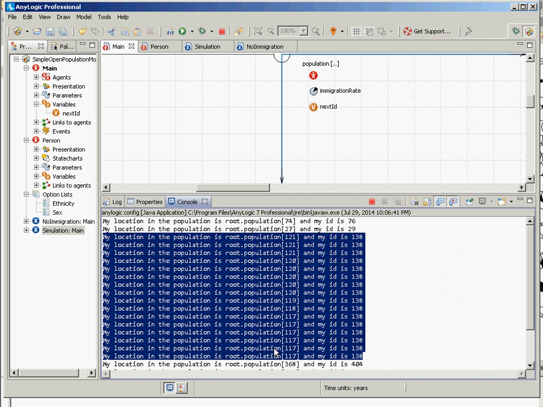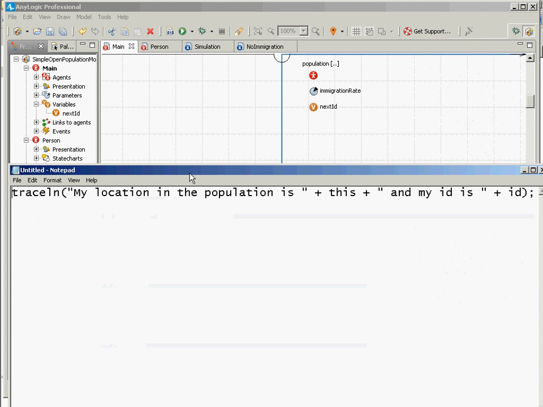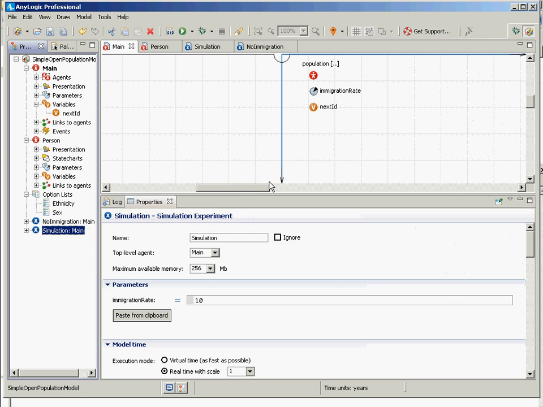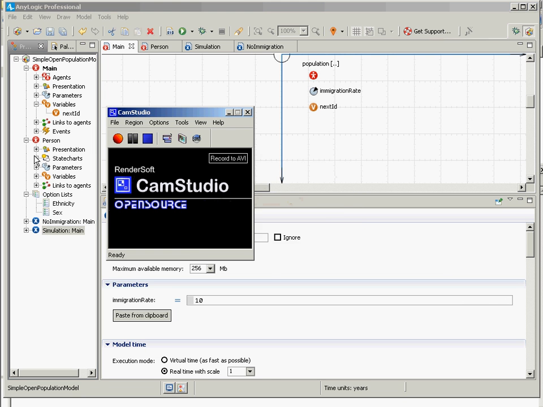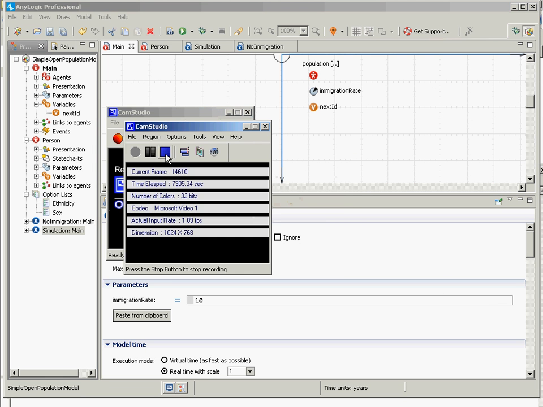Okay. Thank you, folks. So that concludes our little example here. And really this concludes our understanding of the basic mechanisms of AnyLogic. We're going to be talking about stocks and flows later, but this is